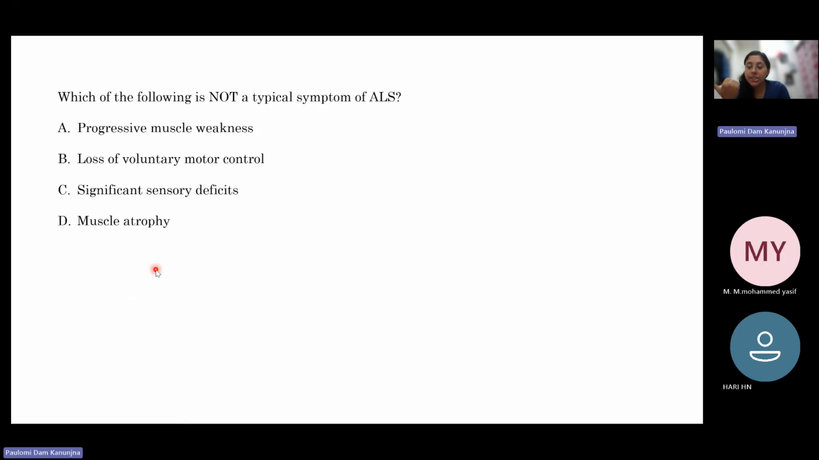So I told you it's connected to motor neurons. I told you the motor neurons are connected to muscles. Motor neurons are damaged, so the muscles are also damaged. So you have already got the